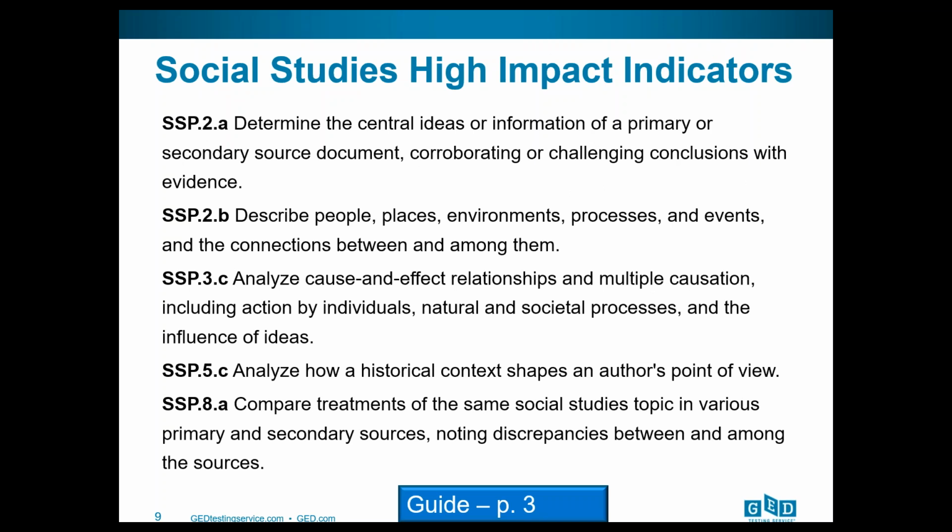But we're just going to take and look at a couple of these high impact indicators, and I want you to keep some things in mind as you're looking at these. Think about the reading skills that are required in order to do this. Think about how students would apply this information, not just in social studies, but it could impact in other areas. There are a couple of things that are a little bit different, because if you take a look at that first indicator, it talks about determining central ideas, and notice that it has two things there: primary or secondary source